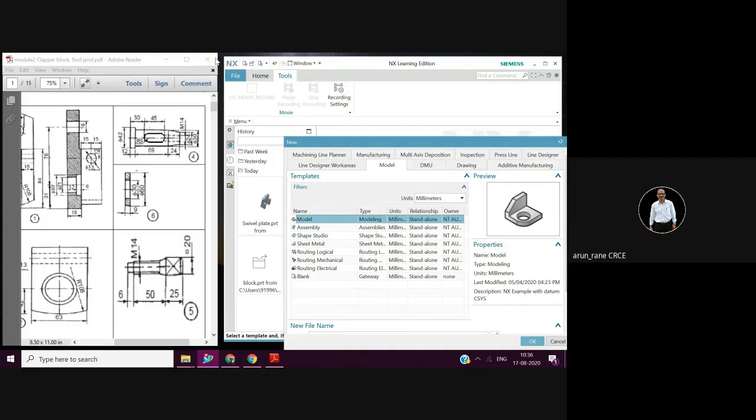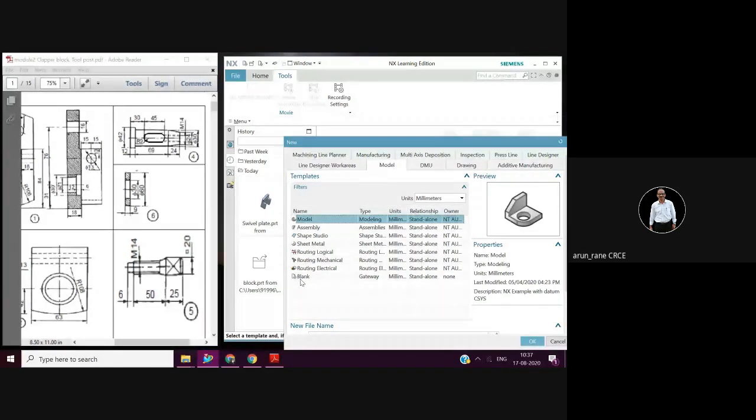Again, if you install this student edition successfully, then you will get this drawing. That means yes, yours and mine is the same. Even if you get a different edition, it doesn't matter, because more or less it is the same. The capabilities are Model, Assembly, Shape Studio, Sheet Metal, Routing Logical, Routing Mechanical, Routing Electrical, and Blank.